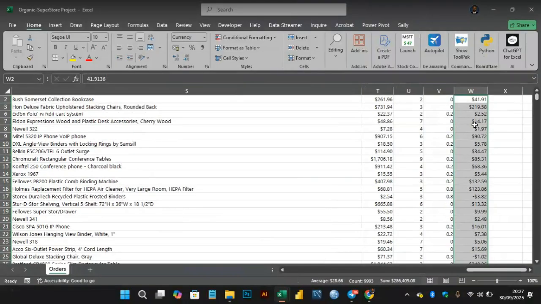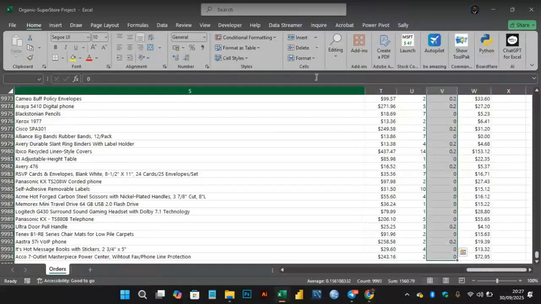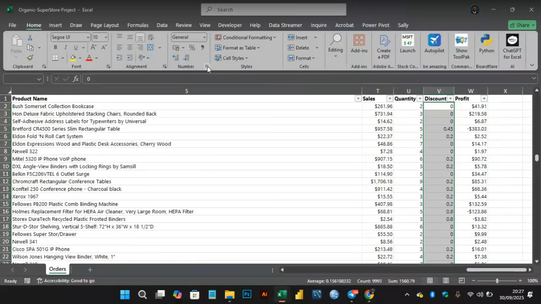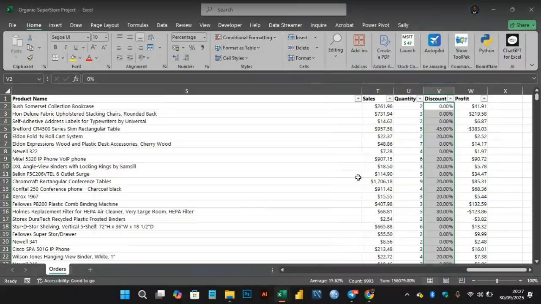We have this. So discount is out because discount is in percentages. If you want to convert these percentages, for this 0.45%, 0.20%, 0.2%, let's convert it to decimal places. So go to the number control extension, percentages. We're going to go to custom, because when you click on OK, that's what happens. It makes it 5%, right? This is not what we are looking for. So we need to go to numbers,